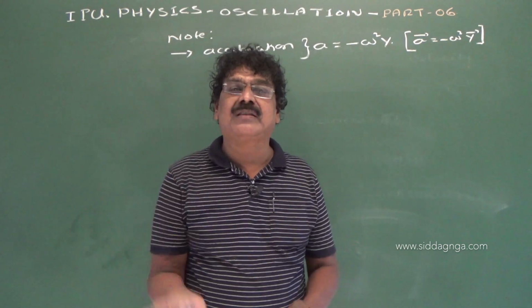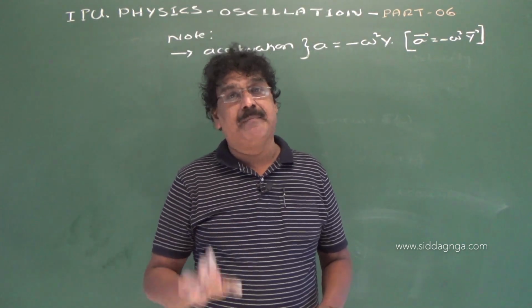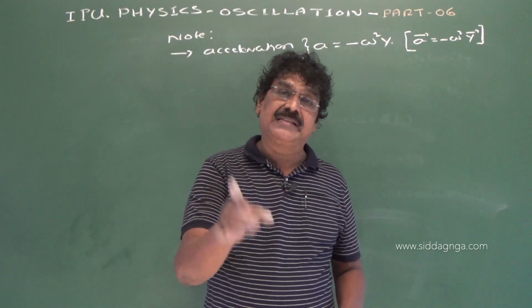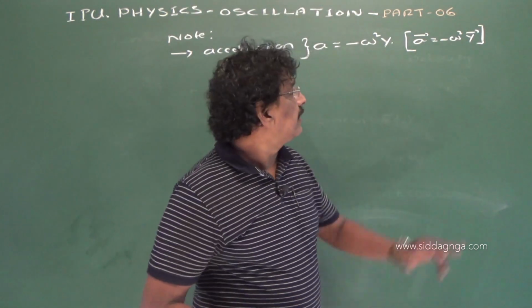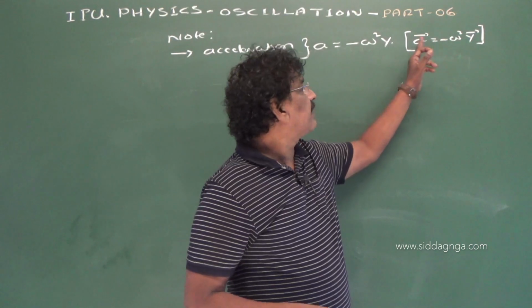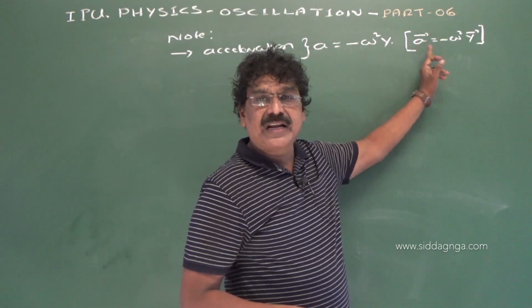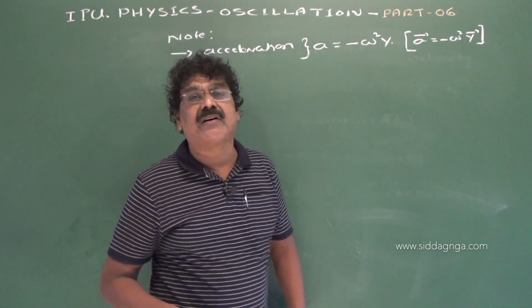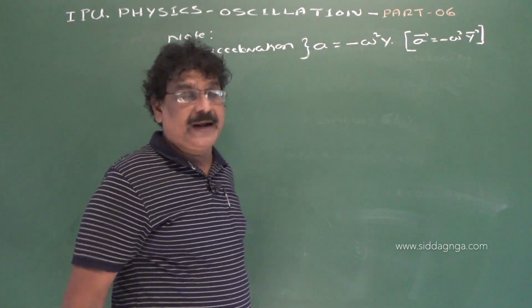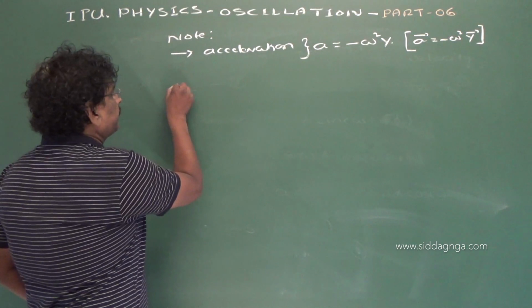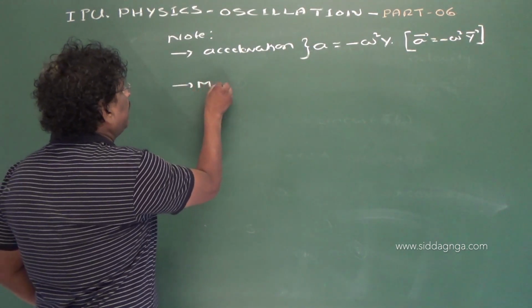Displacement has both a magnitude and direction, but it is always directed away from the mean position. The negative sign indicates that the direction of acceleration is opposite to the direction of displacement, that is, towards the mean position, right? Now when we take the magnitude of acceleration,